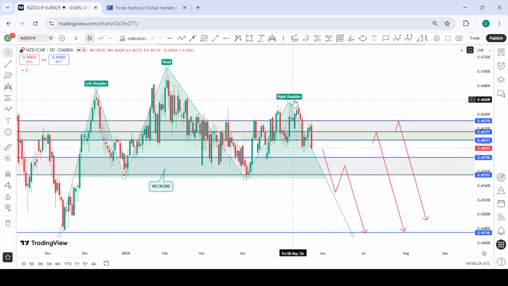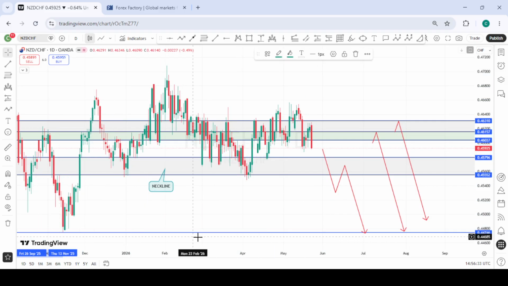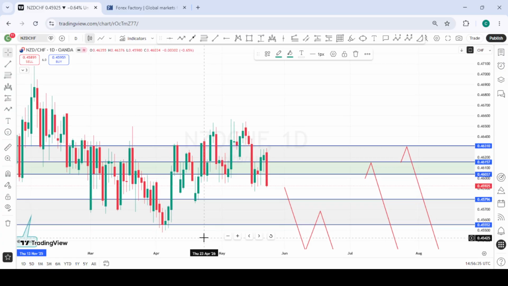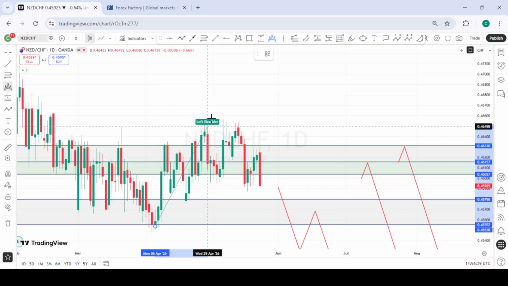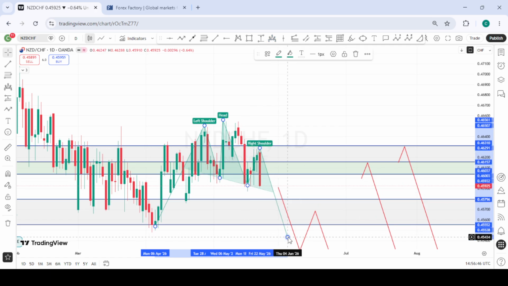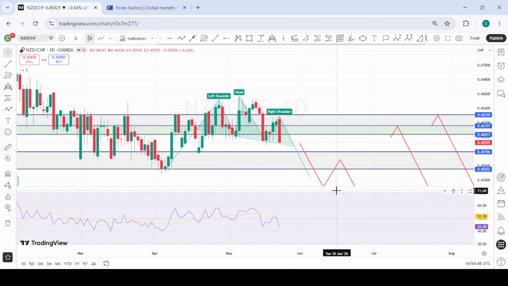So going into next week, what we can see here for the right shoulder, the entire right shoulder here is also forming another head and shoulder formation. So let me pull this one to the side and identify this second head and shoulder that is developing at the right shoulder. So this is the left shoulder, this is the head, and this is the right shoulder that is forming. I hope you can see this clearly.